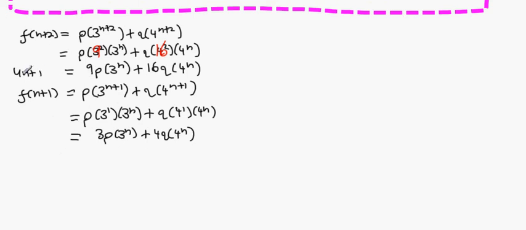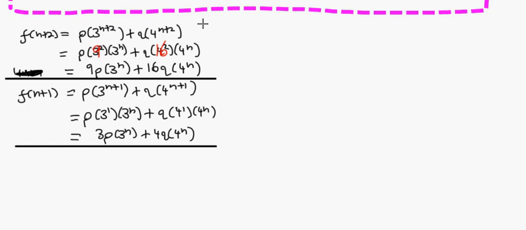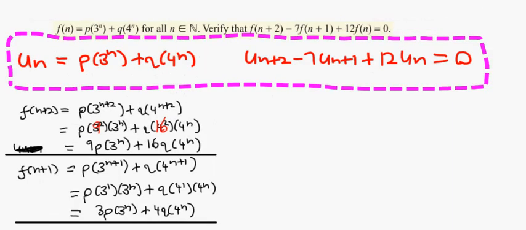I'm sorry, this is f of n plus 2, it's this one here. And this is f of n plus 1, which is here. So what we're going to get is 9p, and remember with these ones they can get quite long, so you really want to use all your page, okay? 9p 3 to the n plus 16q 4 to the n minus 7 times